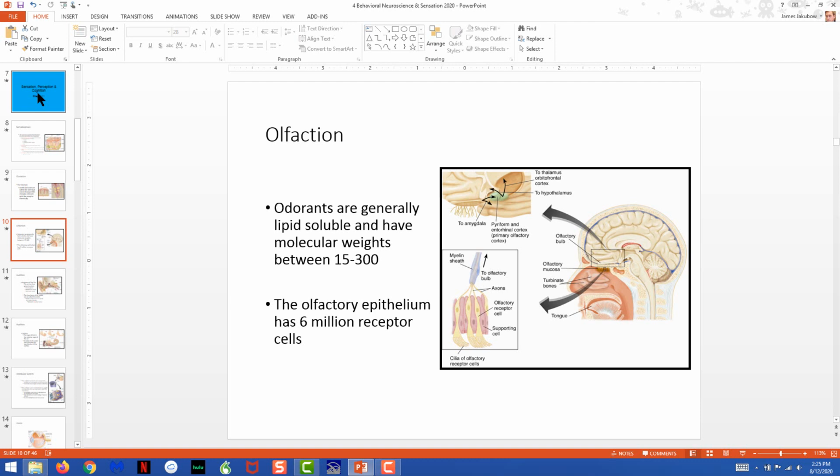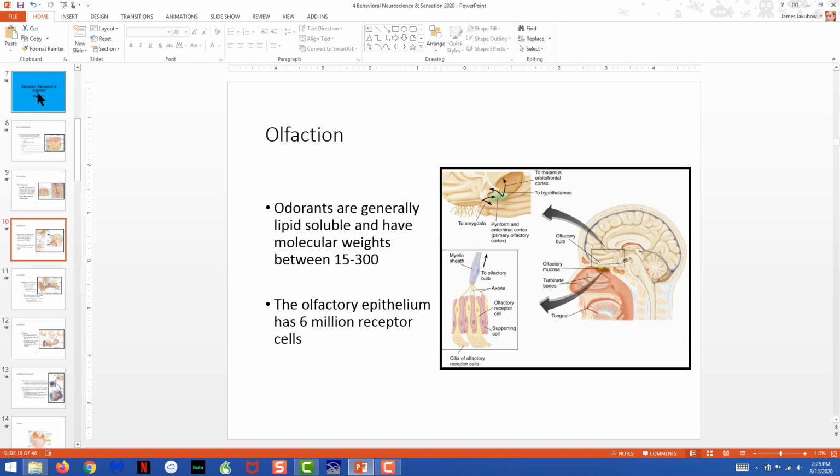But to be sure, your ability to smell something means that that something has actually gone up your nose. And that's an important aspect of recognizing that once you have detected something by smell, it's actually already gone into your body. And in some cases, if it is poison, then it may already be starting to produce damage.